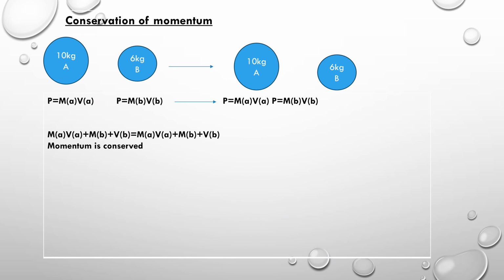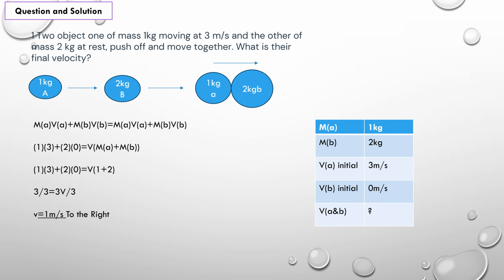So number 2, here in this slide we see the example of the conservation of momentum, when momentum is conserved for object A and object B. Momentum is conserved. Momentum for initial is equal to the momentum for final. So momentum in this stage is conserved. So we're having equations and solution.